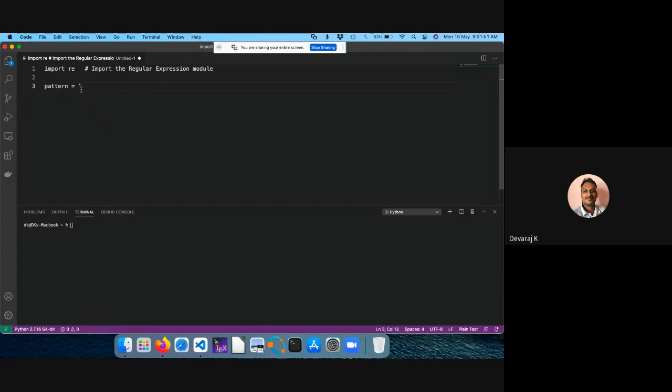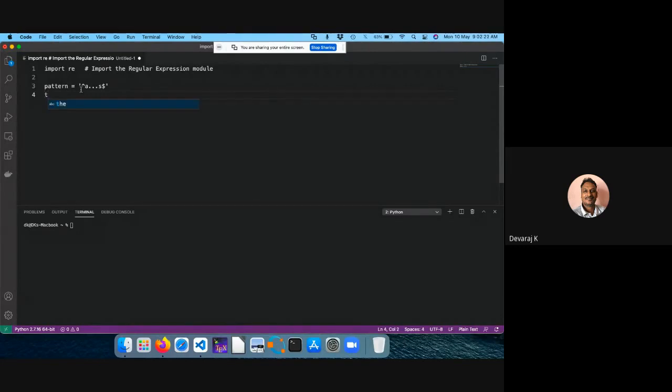Okay, so let me call it something like animal, or we'll start with begin, that is your caret symbol, a dot. I'm checking for dot dot dot, three letters in between, some s. Okay, let me give some example, and an end symbol with a dollar, and I'm trying to close the pattern. Now I'm searching for this particular pattern in the string actually.